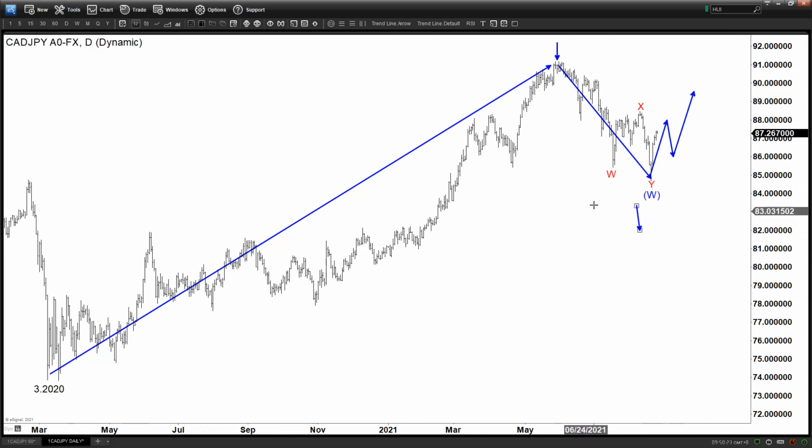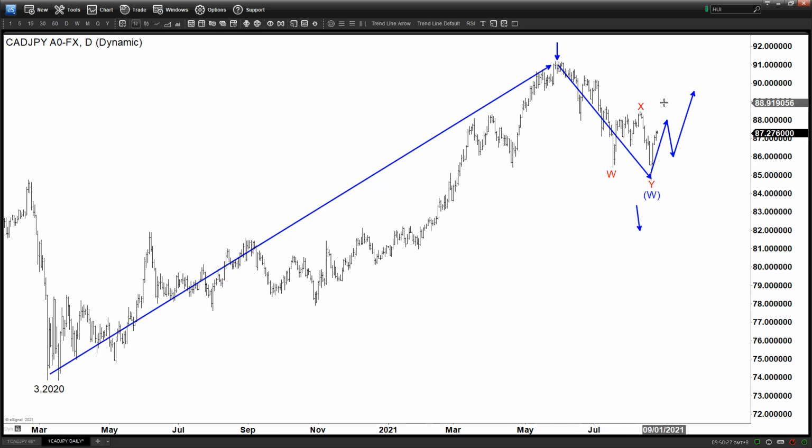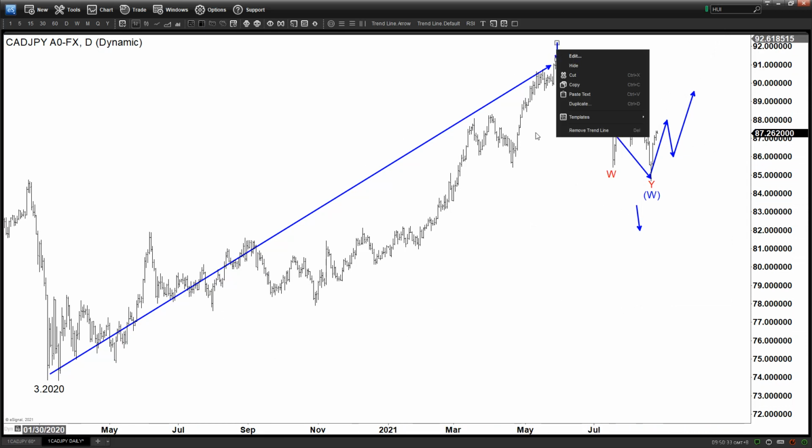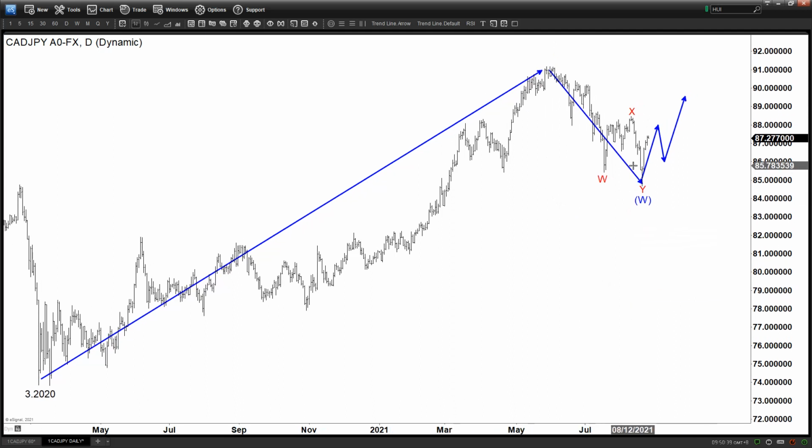Let's say if you want to count this as a wave 3 from March, then if it breaks above here, that's just going to be an extension within the same cycle as a wave 5. But for now, what we are looking at as a primary view is this: you can check out our previous videos on the indices to see what our view is about. If the indices are going to be doing some sort of wave 4 pullback,